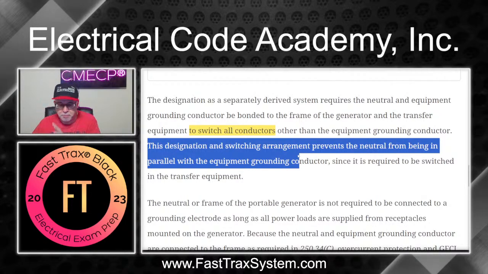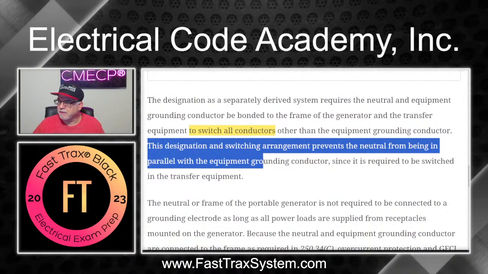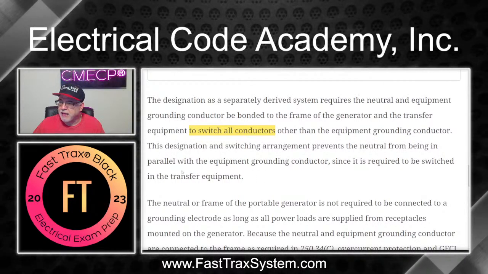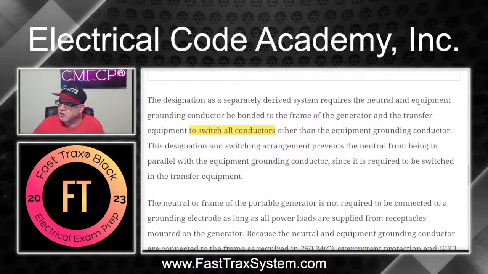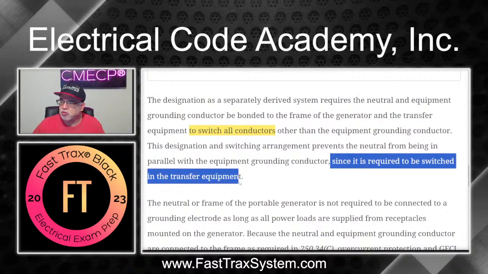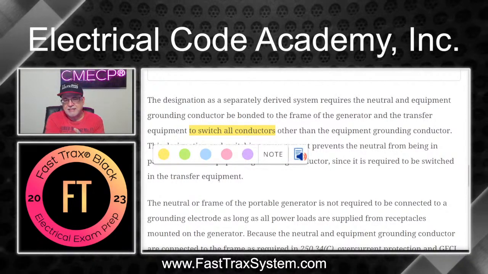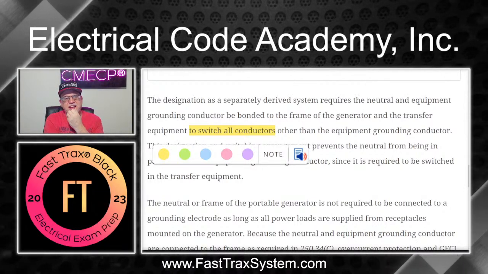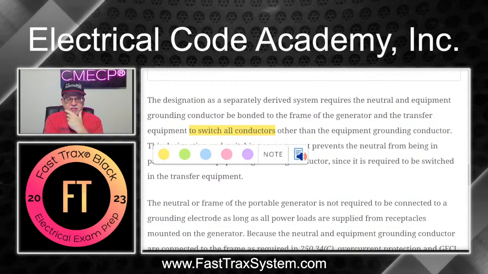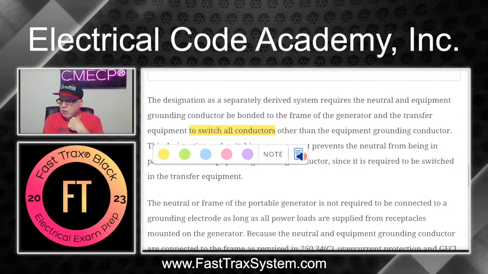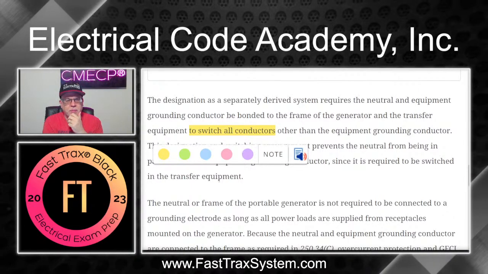So this designation and switching arrangement where you do switch the neutral on a separately derived system like that generator with that bond in it, okay, then it prevents parallel current, right? It prevents this arrangement. And what it does is it prevents neutral from being in parallel with the equipment grounding conductor, since it is required to be switched in the transfer equipment. Why is this so important? Well, a lot of times when you order generators, let's say whole house generators, we're talking about separately derived systems. When you order a residential generator, not portable now, whether it's Generac, Kohler, whatever the manufacturer may be,